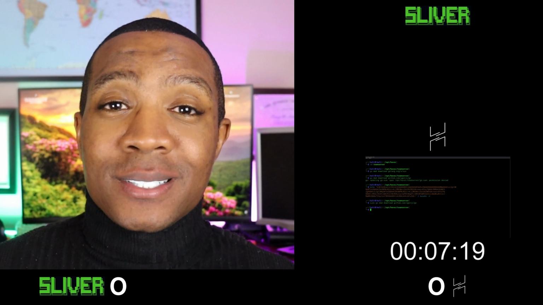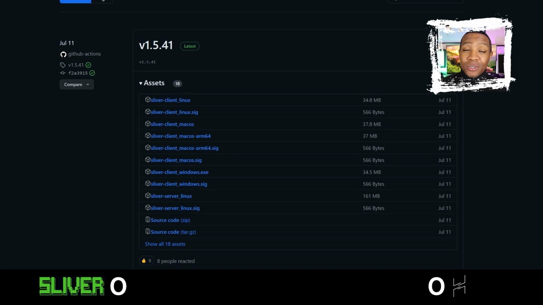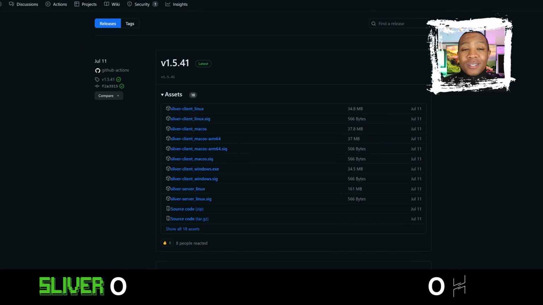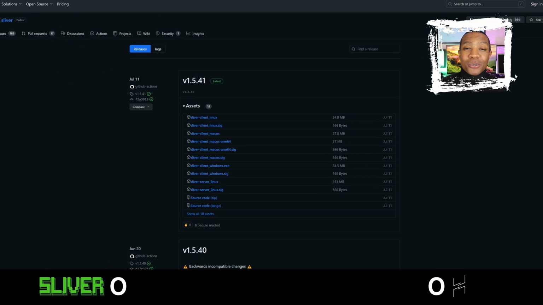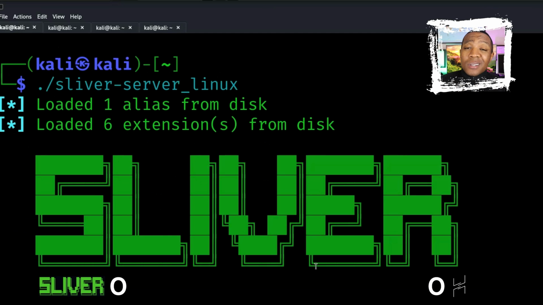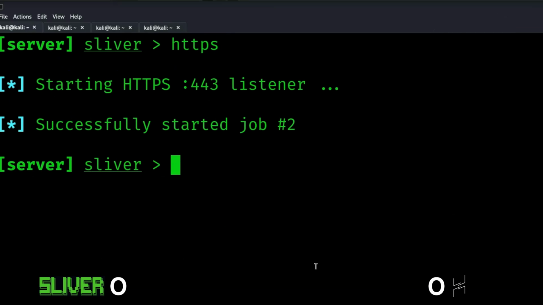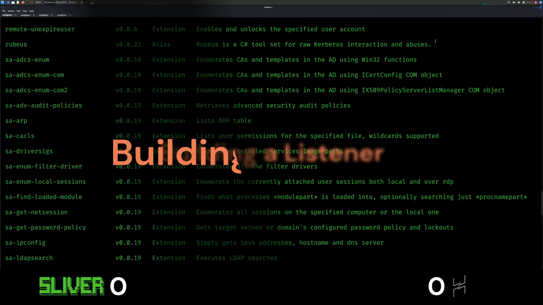With Sliver, you just download the release from GitHub. All you got to do is mod that from there, and boom, you got yourself a Sliver C2 server. You also need to download the client so that you can use the client part. You don't really need the client part, but it's recommended so you don't mess anything up. The point here goes to Sliver. Now, let's talk about